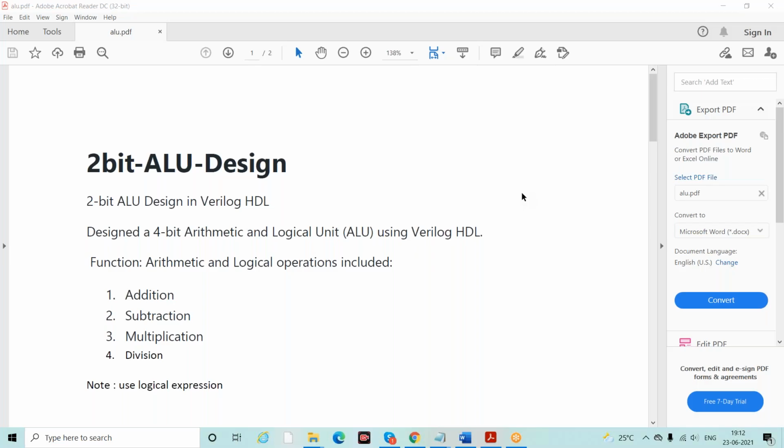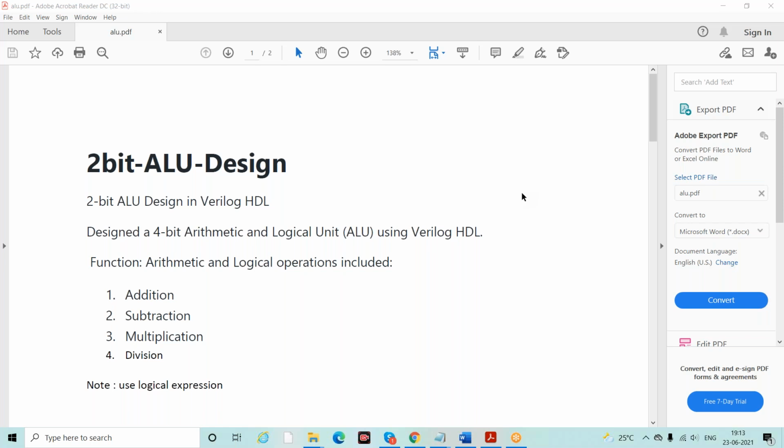Many of the students have heard many times about microprocessors, microcontrollers, and the ALU, with this subject. So now we have one short discussion to understand what this ALU is. ALU stands for Arithmetic and Logical Unit.